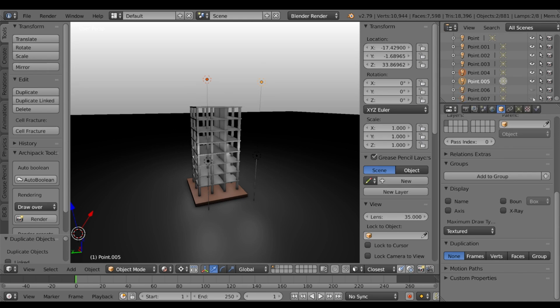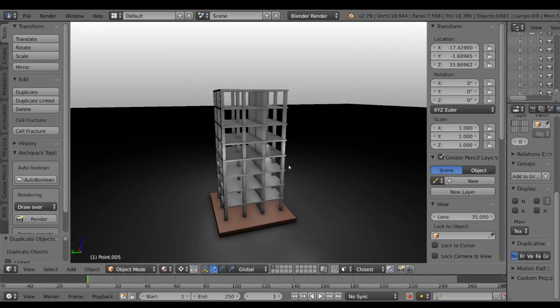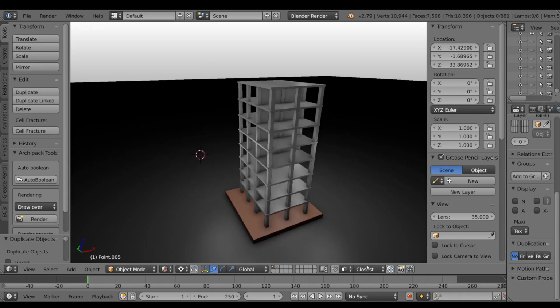Hit the eye. I'm going to deselect the eyes so that we don't see the lights. We don't see this. It looks awful. We don't need it. Okay, all good. So now that we have our building,